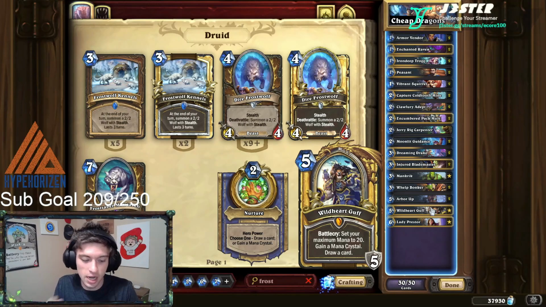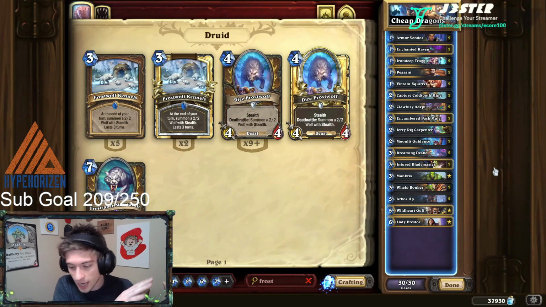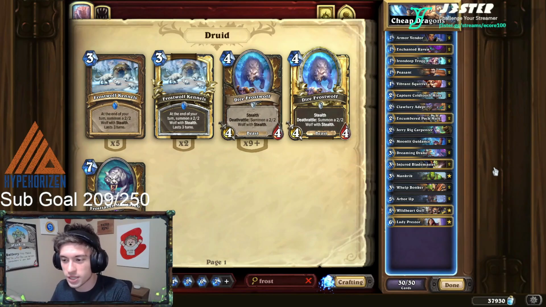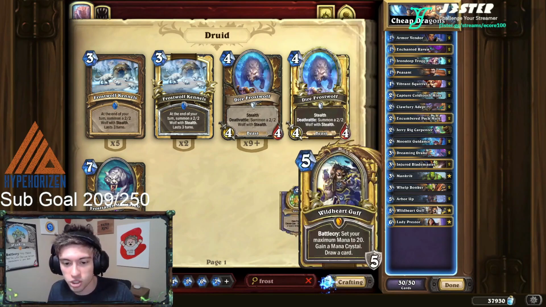Let's just say you get Alexstrasza, or Onyxia, or KAZAKUSAN. Since all of your minions transform into dragons, you can easily outvalue a lot of decks, and this is actually why I like this, because it actually outpaces a lot of the ramp druids that get KAZAKUSAN out on a balanced turn 6. You can actually match that while also having a lot of pressure early game and keeping